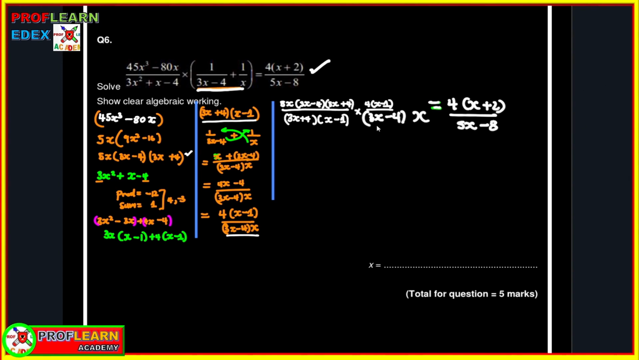Now you can see we can cancel out this term and this term. We can also see what else can be cancelled. We can cancel this and this because they are the same. You can also see we have the top 3x plus 4, and we have 3x plus 4 below. We can cancel this. Let's see, what else? We can cancel x and x, and we remain with 5 times 4, and that's going to be 20 equal